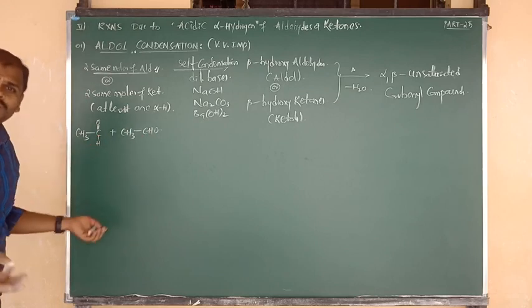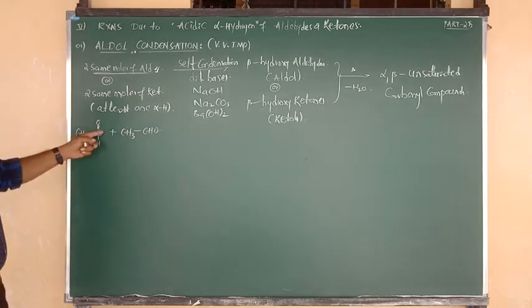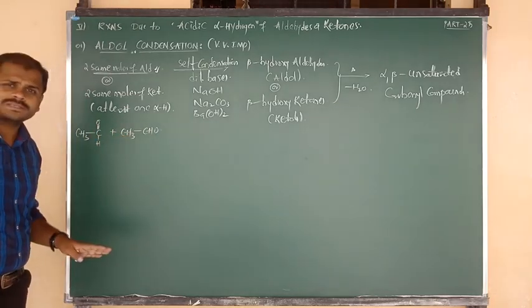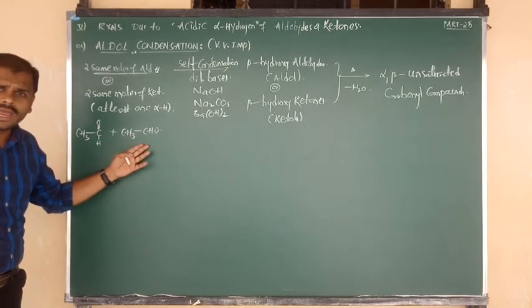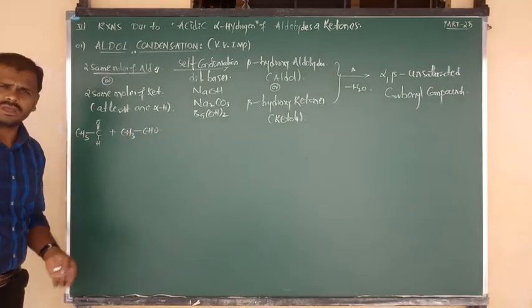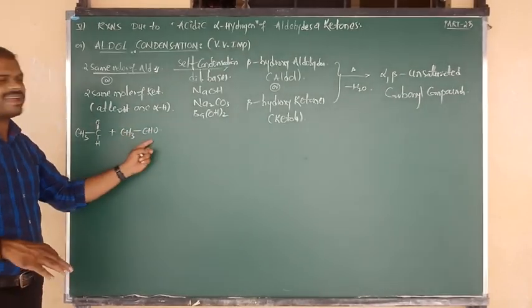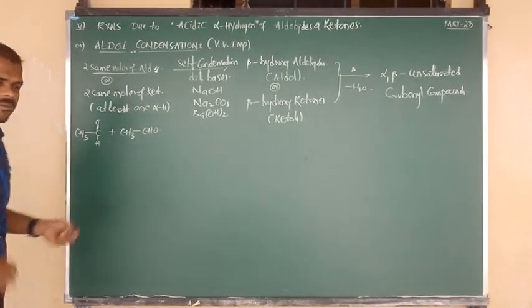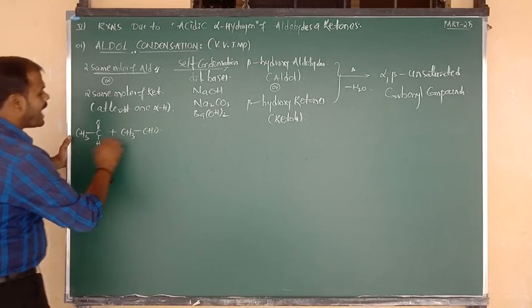Both are having the same molecular formula. If you want, you can consider CH3 bond CHO, CH3 bond CHO. Yes or no, beta? If you want, here also you can write CH3 bond C double bond OH. यहाँ पर भी लिख सकते हैं, but यहाँ पर इतना लिखने की जरूरत नहीं है. I will tell you why. Okay. So here I have taken.